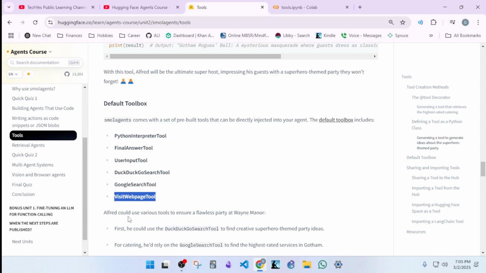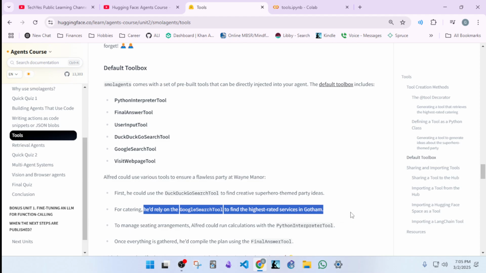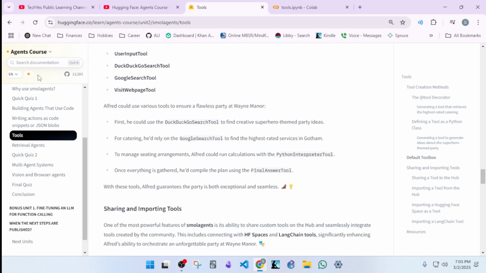Alfred could use various tools to ensure a flawless party at Wayne Manor. First, he could use the DuckDuckGo search tool to find creative superhero-themed party ideas. For catering, he'd rely on the Google search tool to find the highest rated services in Gotham. To manage seating arrangements, Alfred could run calculations with the Python interpreter tool,